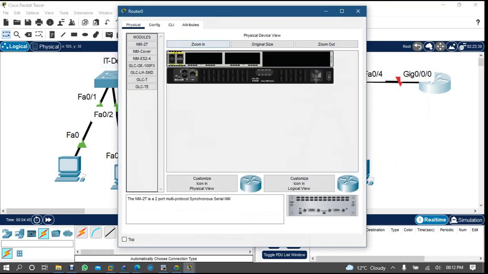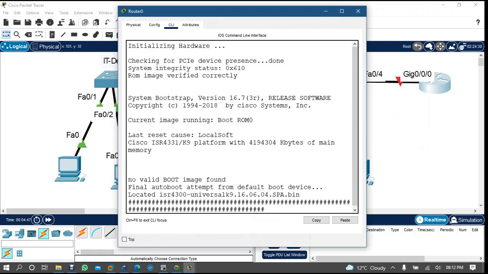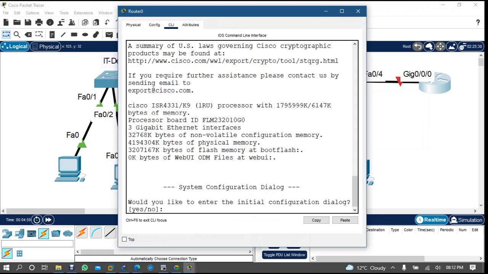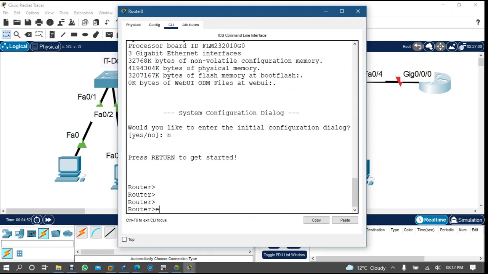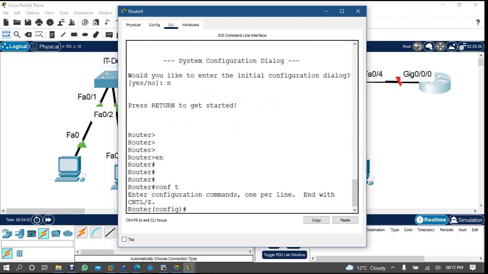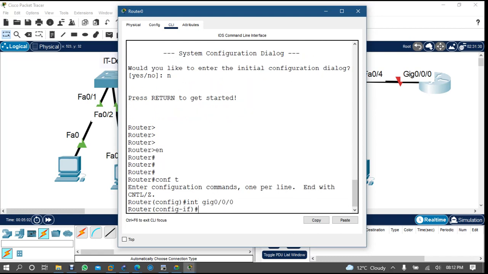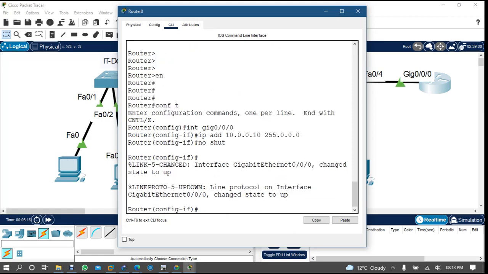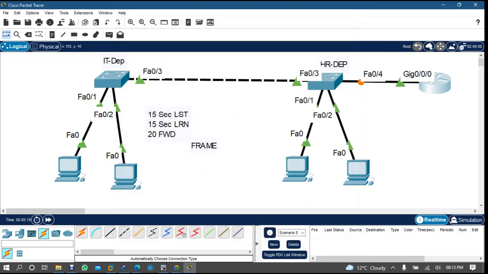Okay, now for example, let me bring up this port so you can see everything green. Enable, conf t, interface gig 0/0/0, IP address, let's say 10.0.0.10. No shut. Okay, now